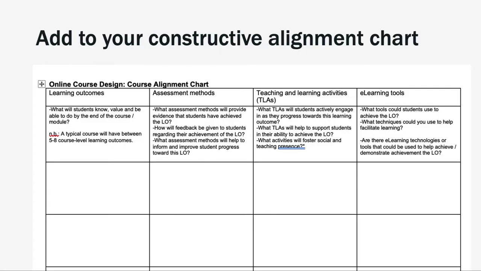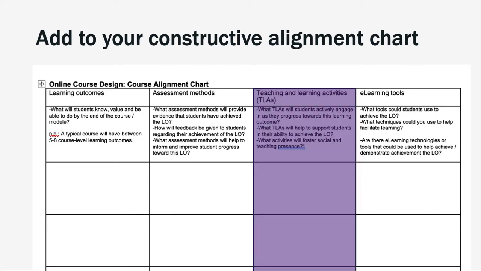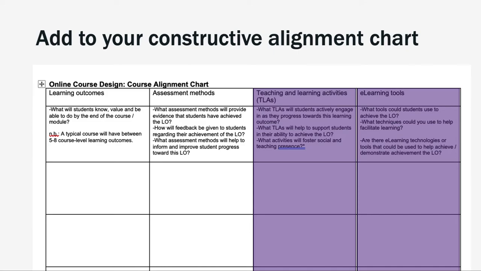So let's return to that constructive alignment chart. And really building on what you've contributed so far within that chart as you've built it is to add into this column here regarding the teaching and learning activities that are going to support students in getting to the assessments that you have outlined as the ways that students will be evaluated on whether or not they've met or are working towards those learning outcomes of the course. And again, it's always valuable to keep track of the e-learning tools that might be needed in order to make